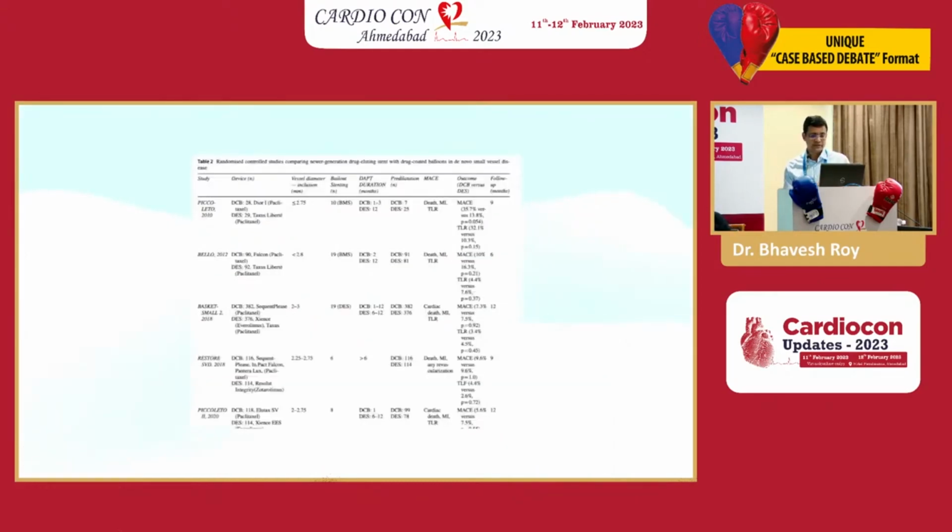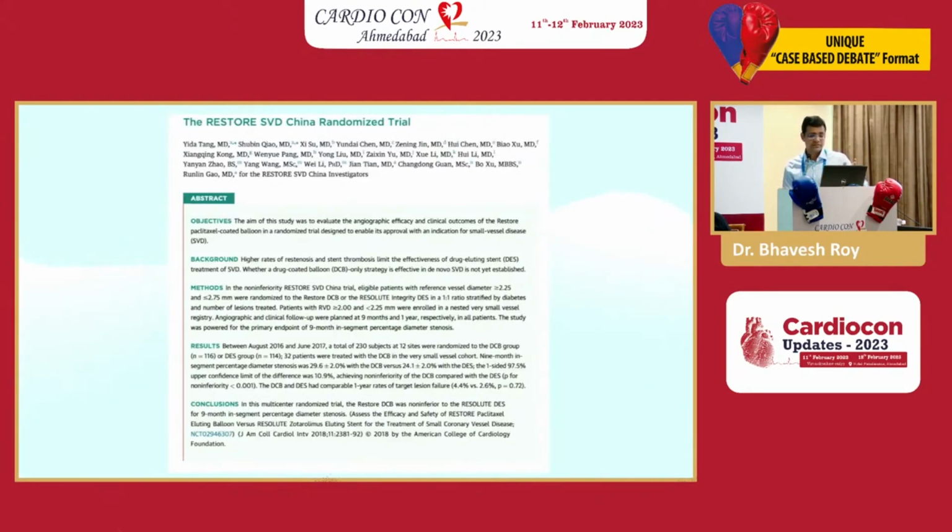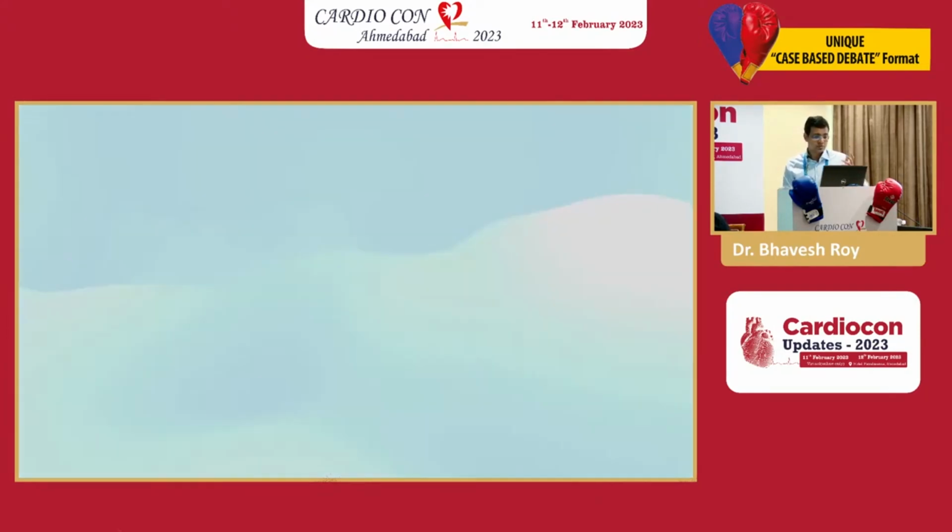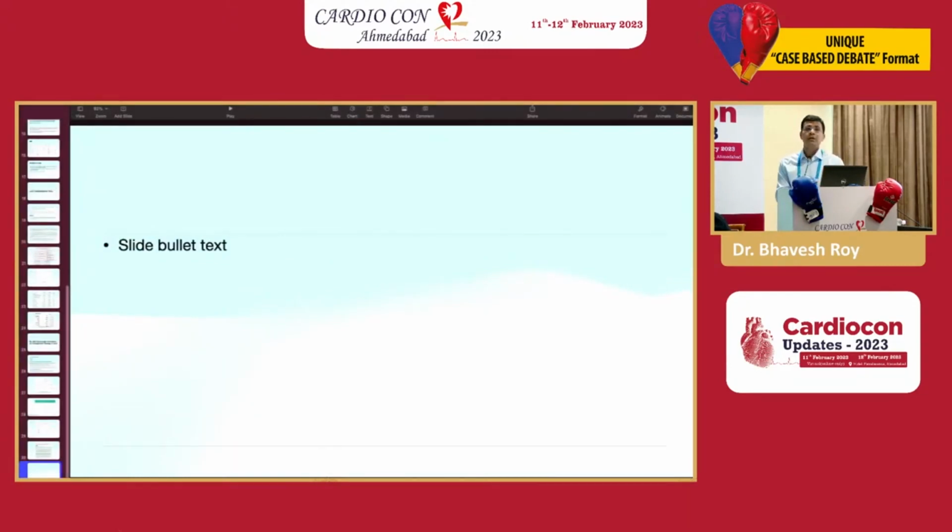So these were deviating the results. So this is again the same. We can see that 10, 19 and 19% went for the DES BMS. Pepcade, or ISAR China, I'm not going into the detail because they were restenotic trials, and our patient is not having a restenosis, it is a de novo lesion. So RESTORE SVD also I'm not going into the detail because the dropout rate or the bailout stent rate is not mentioned in that. So this is the case. I think that should be sufficient for us to have a